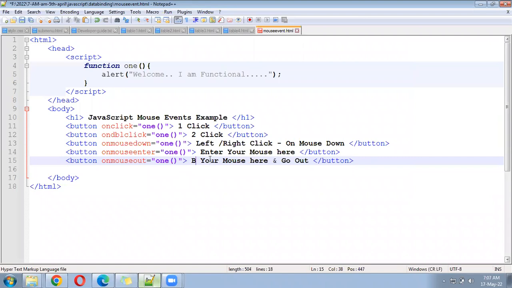Bring your mouse here and go out. That is called on mouse out. When the mouse comes inside,